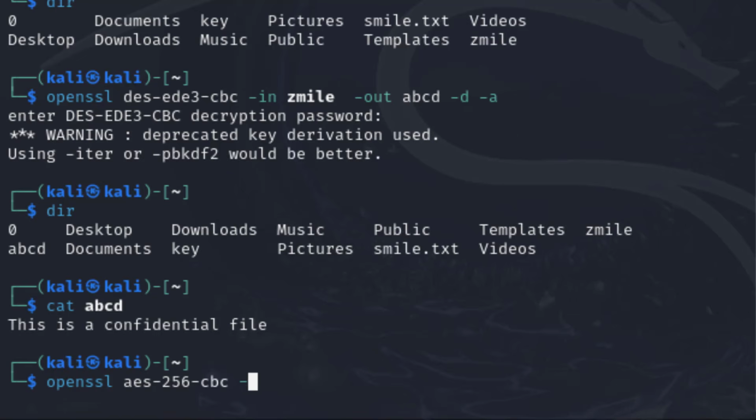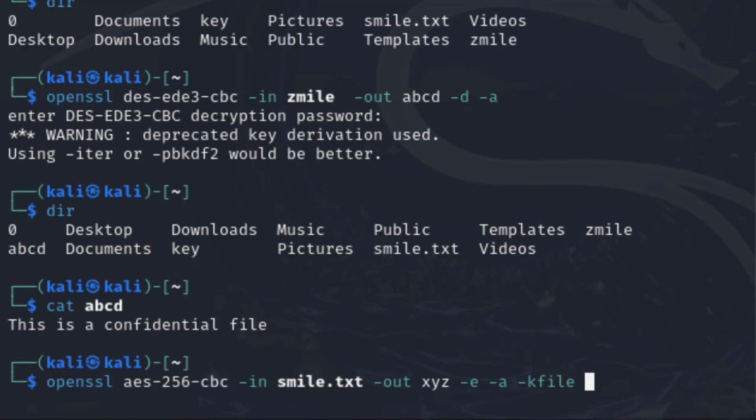Then I want to encrypt the file smile.txt, and I want to create an output file. Let us say XYZ. Okay. Now I want to encrypt this file, so with this E space A. Okay, and then we are using a file, so I'll just type the command k file,